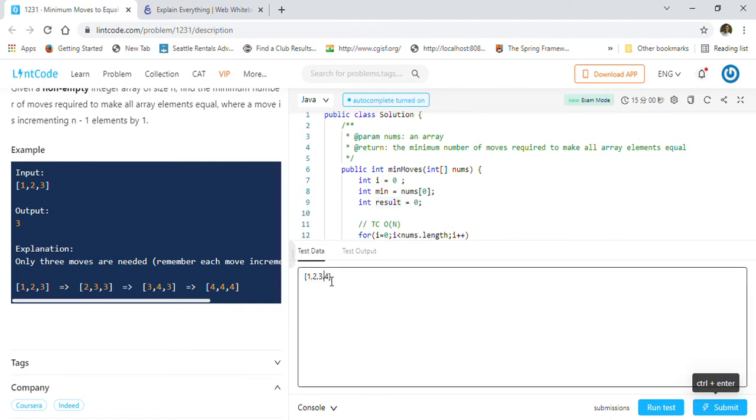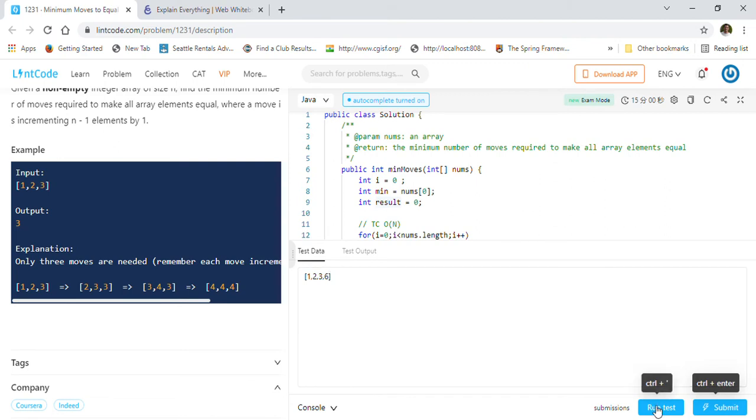So if we make this, instead of 4, let's say 6, right? So we will just calculate the difference, right? So 1 is the minimum element, so 0, the next is 4, the next is 3, and the next is 6 minus 1 is 5, right? So 5 plus 4 plus 3 is equal to 12. So 12 should be the answer.